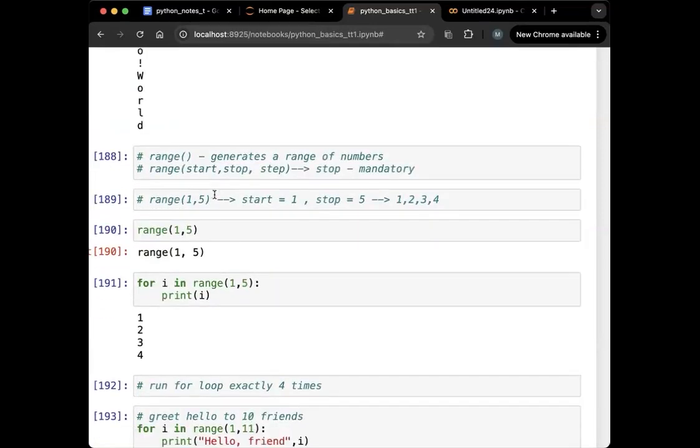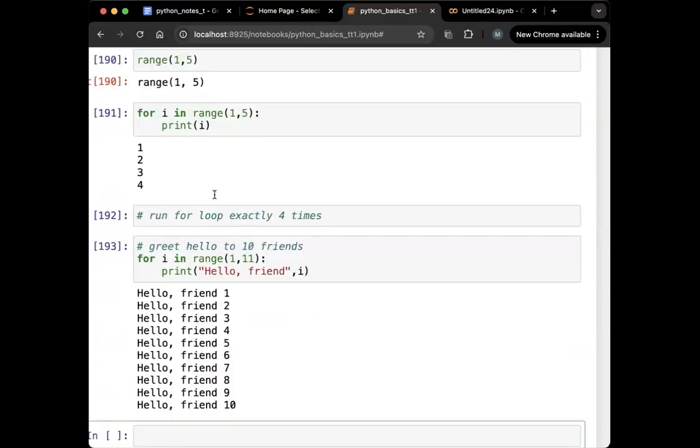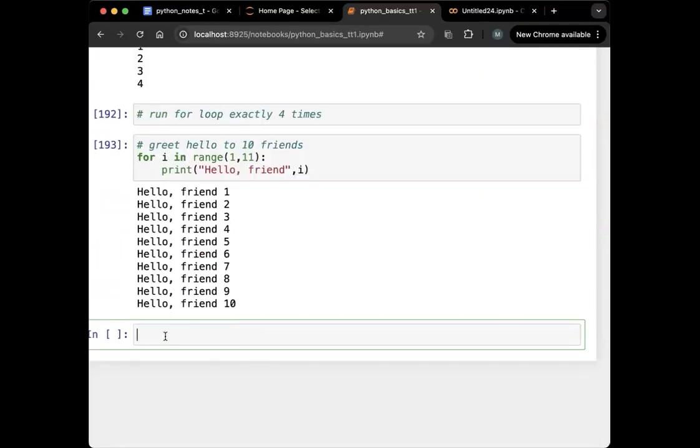I'll show you. For example, if I write for i in range 1 comma 10,